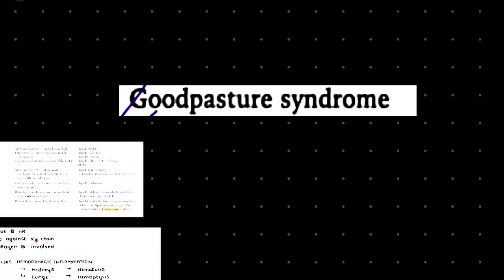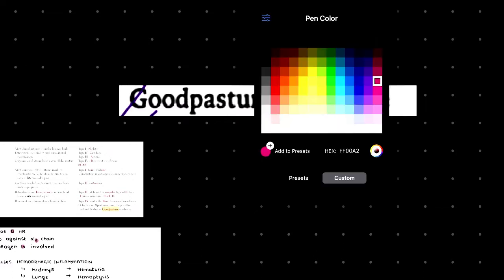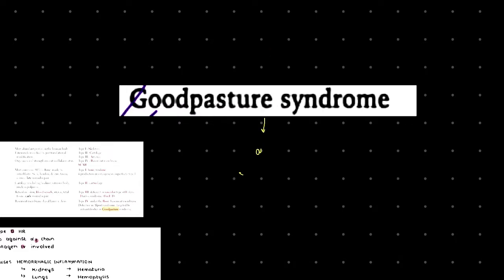The topic of discussion that we are going to discuss right now is Goodpasture syndrome. Before getting into Goodpasture syndrome, I would like to mention that it is an autoimmune disorder, and what happens here is that there will be autoantibody production